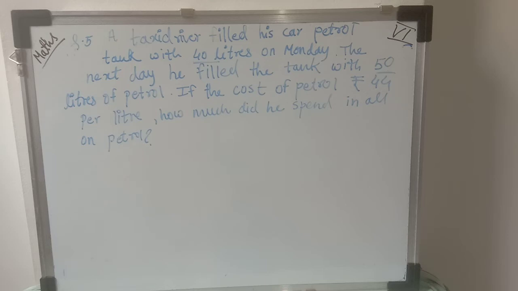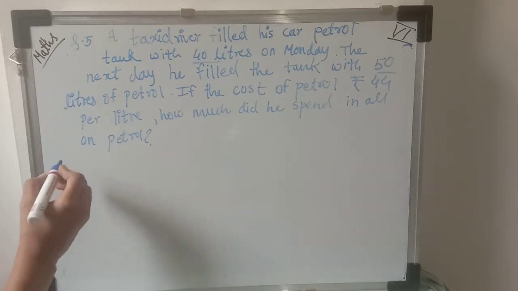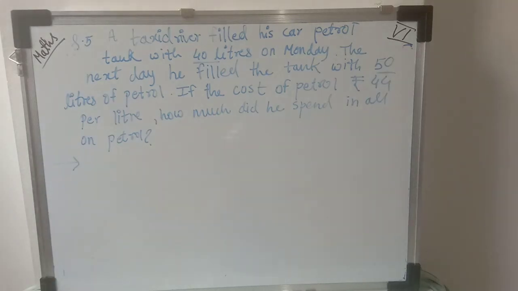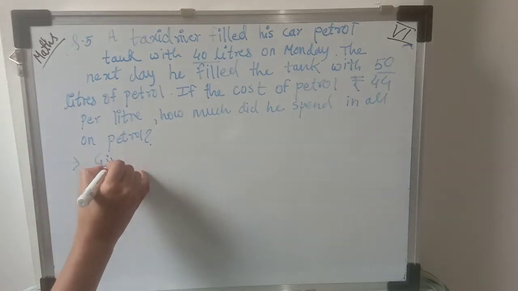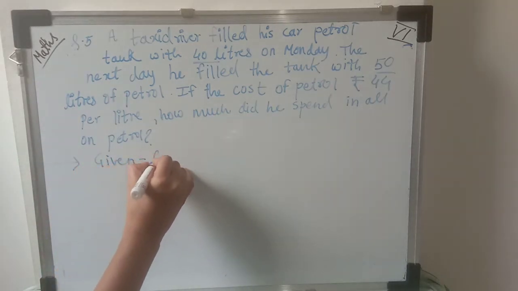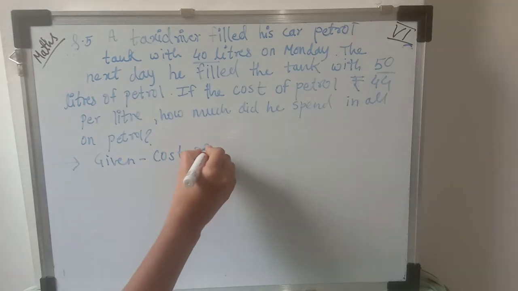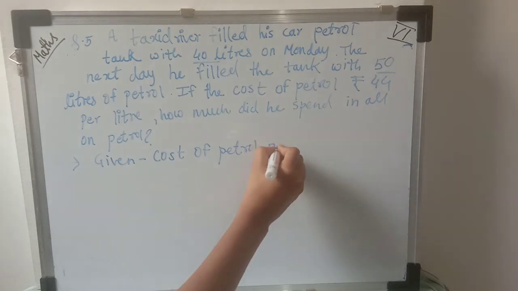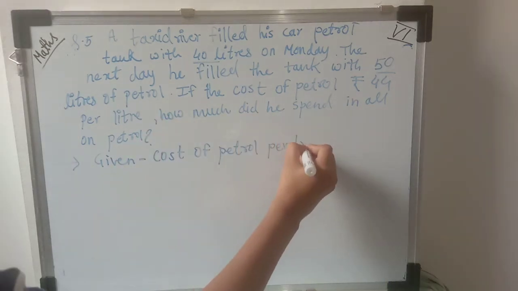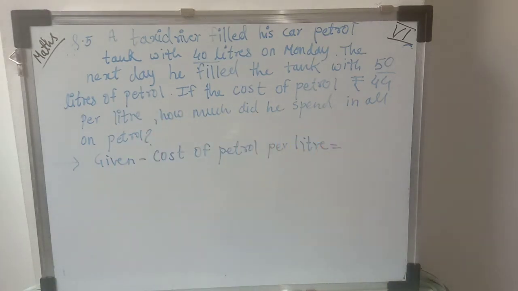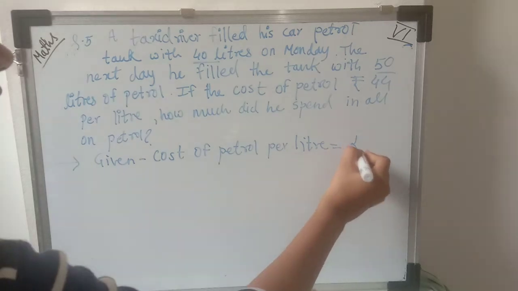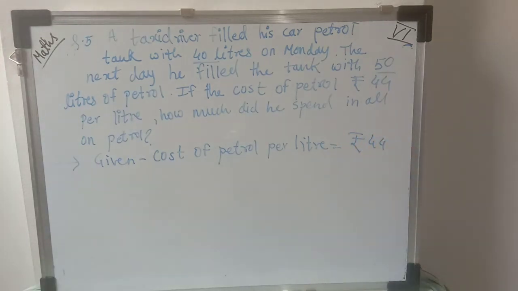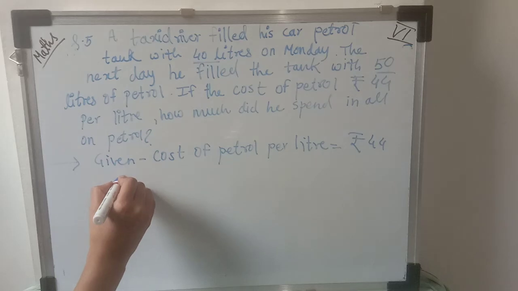Okay, I hope you understood the question. So we have to write down the given information. Given is cost of petrol per liter, means 1 liter. Okay, what is the cost of petrol per liter? That is rupees 44 they have given. Okay, now money spent